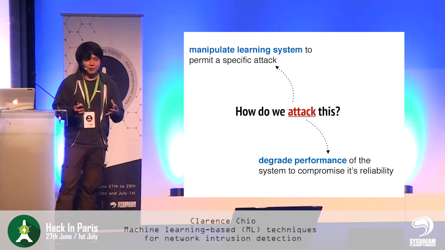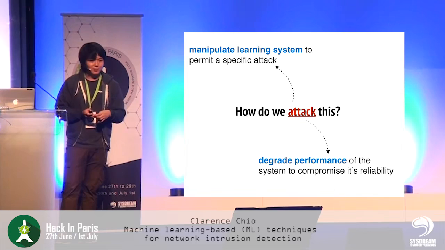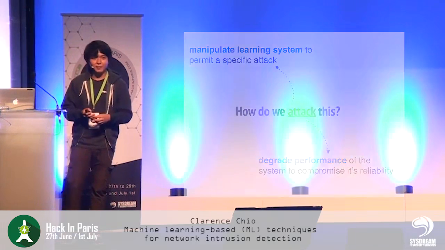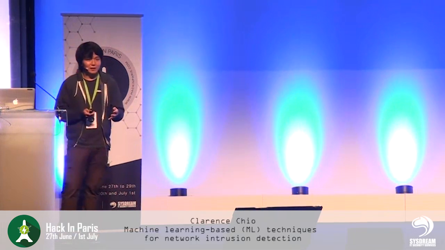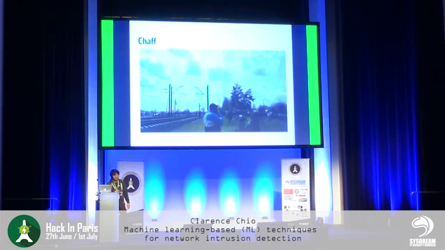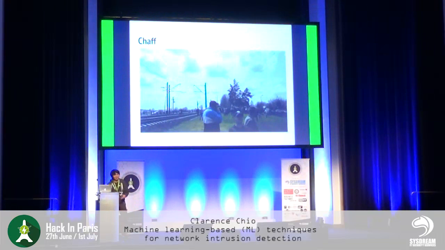The second attack is a more general one, which is to degrade the performance of this system. So the problem that I mentioned earlier, which is that sysadmins just get too many alerts and start ignoring them. If you can make this happen quickly, then this system will slowly start to lose its integrity. And the term that we use here is chaff. Chaff is this thing that airplanes emit out the back of their engines, and this confuses homing missiles. I'm not sure if it still works today, but it used to work in wartime. So homing missiles would be looking for heat, based on image. Smoke would basically confuse it, and they would miss their target because of that.